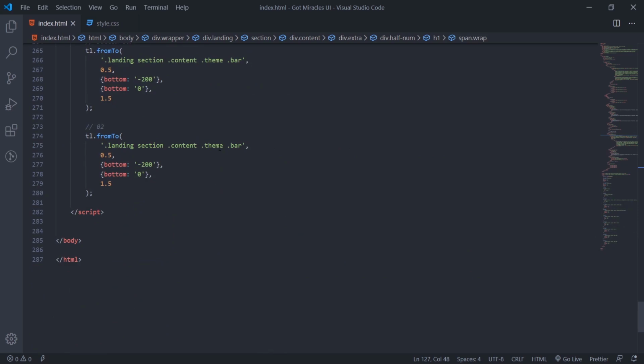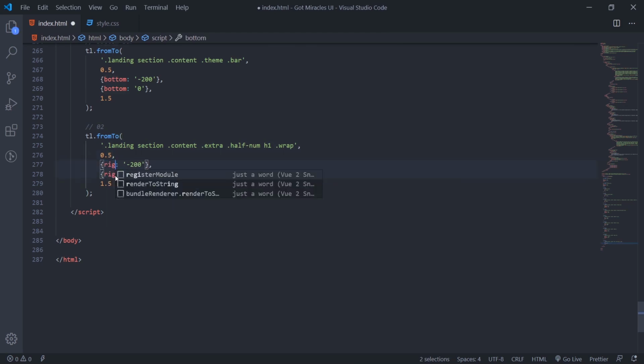So extra half norm each one dot wrap. Okay. So 0.5. Then we'll say from the right, 300 pixel. We'll call stop for 0. And we'll set the delay to 2. So we'll see.